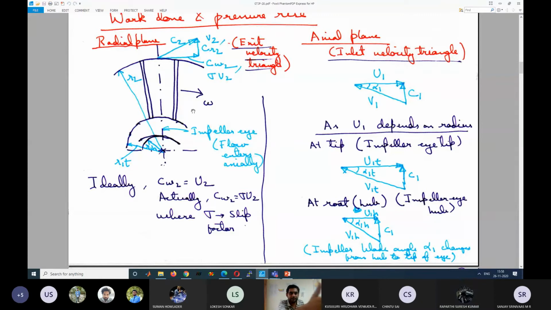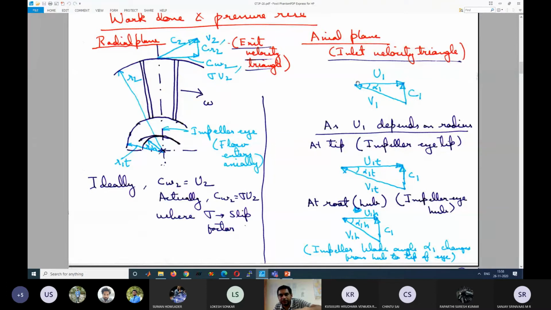Okay, like this. So it is going like this. I hope you can see my hand. It is going like this. Okay, absolute velocity is like this, but this relative velocity is going like this. So not in the plane of the paper. Okay, so you have to rotate this right hand diagram.